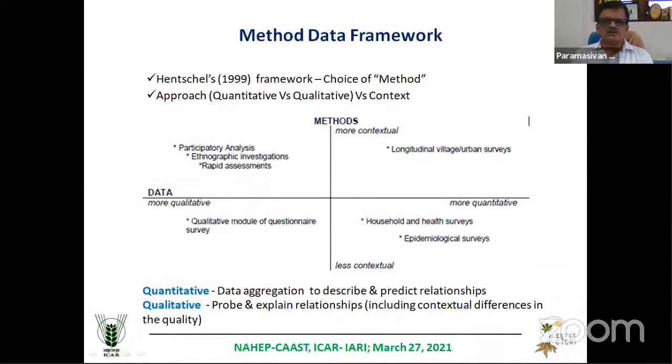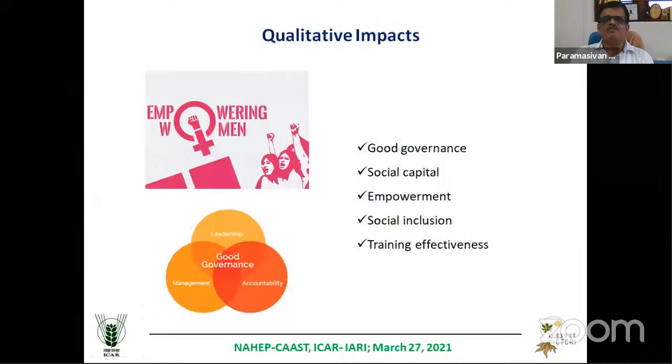Okay, so when you talk about this qualitative impact assessment, it is basically an evaluation. It is not exactly research. So the primary question that comes to our mind is, what exactly is the qualitative? I will skip a couple of slides, then I will be coming back. So some of the qualitative impacts of our technology intervention programs, primarily impact assessment, as you are aware,